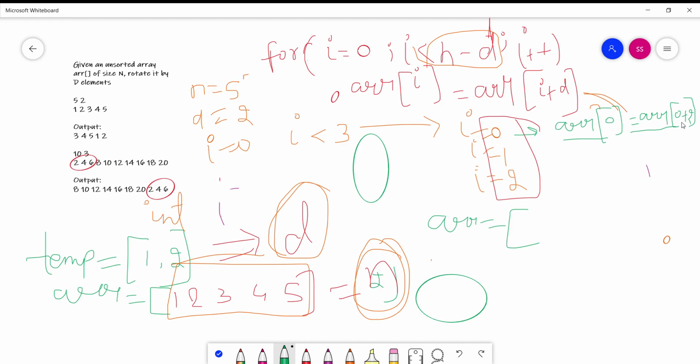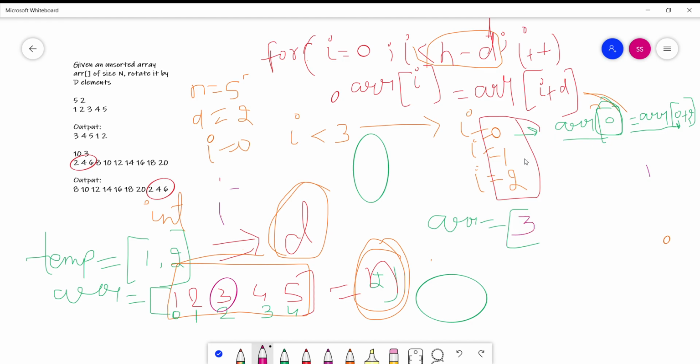It means the element at the second index will be copied at the first index. This is the 0 index, this is the first index, this is the second, this is the third, and this is the fourth index. The element at the second index is copied at the first position. So the 3 comes at first.